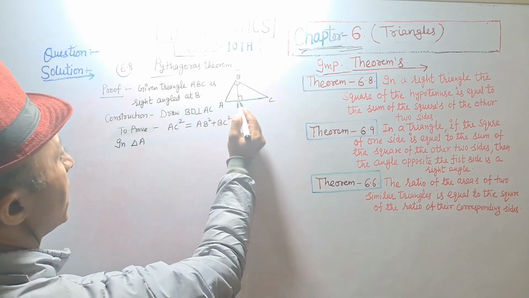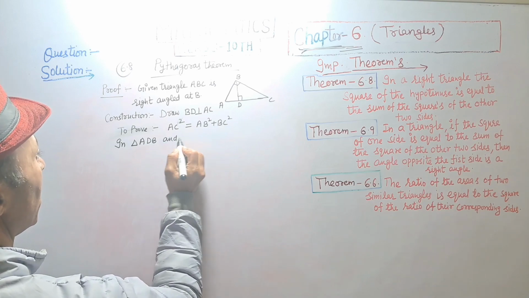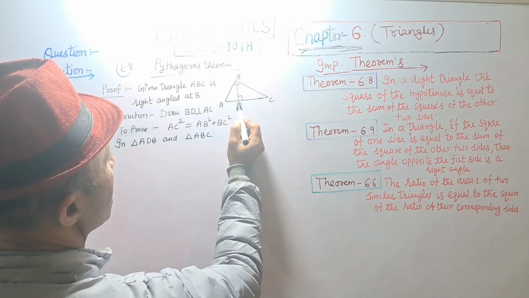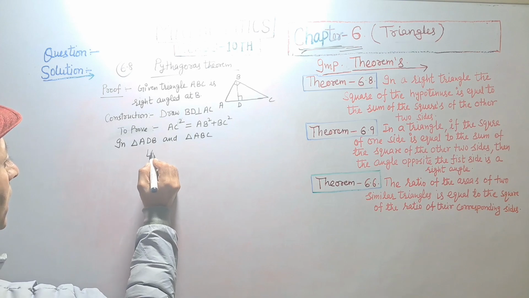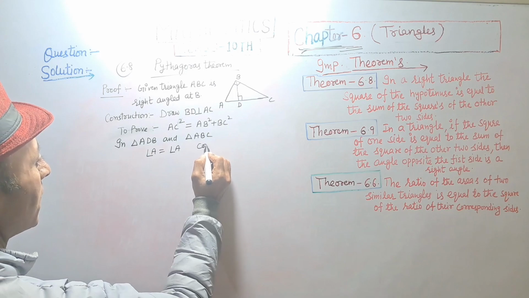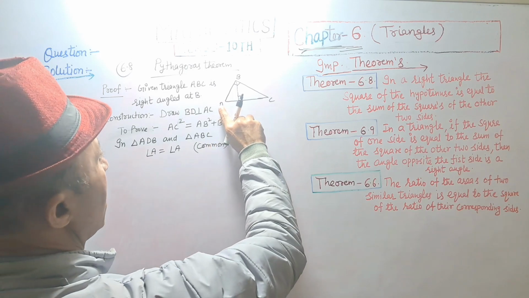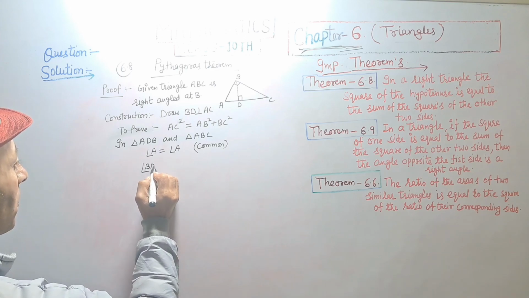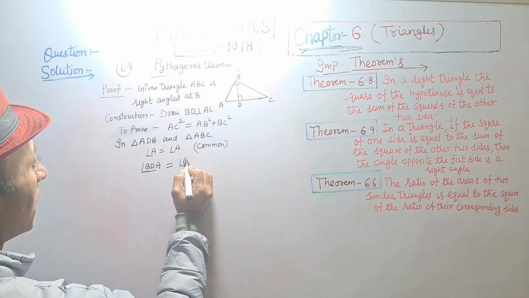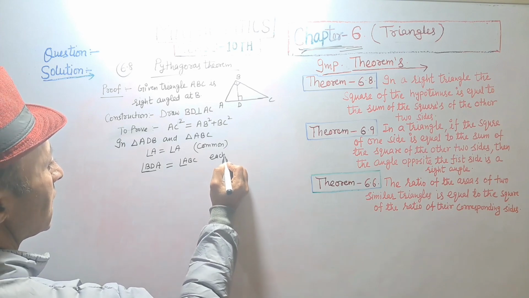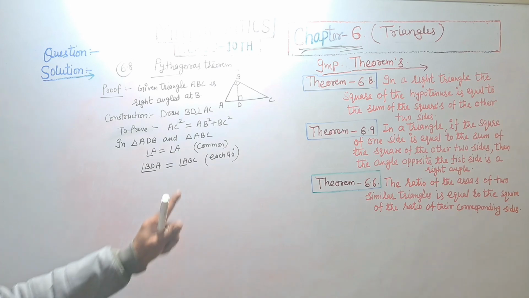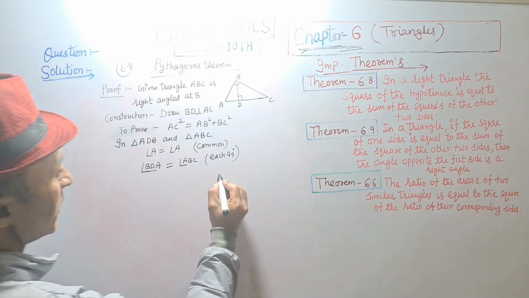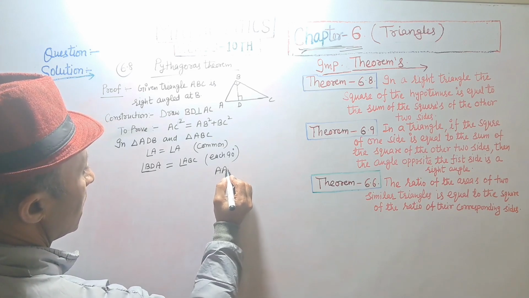In triangle ADB and triangle ABC, angle A is equal to angle A, common, and angle BDA is equal to angle ABC, each 90 degrees. By angle similarity,